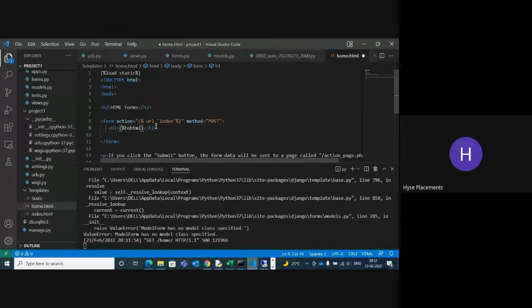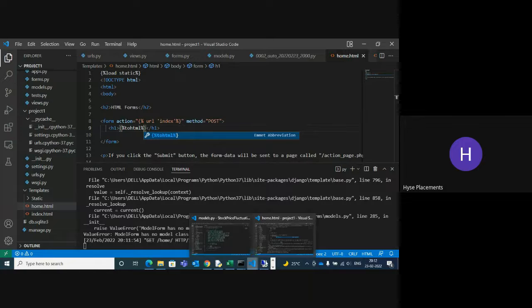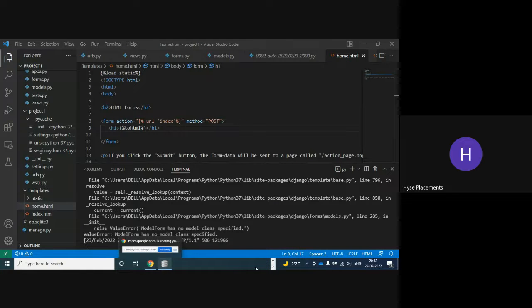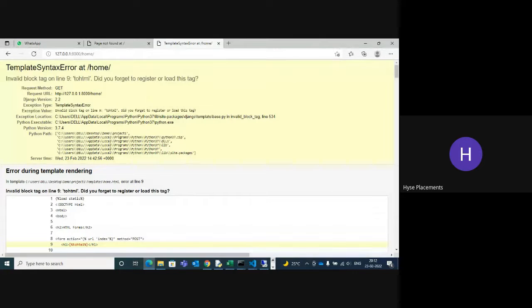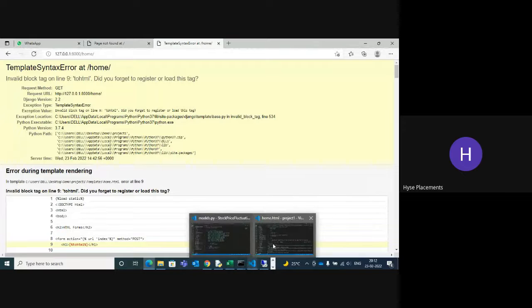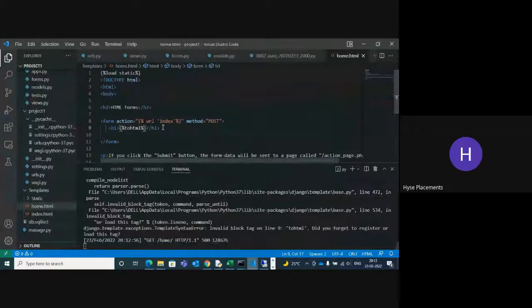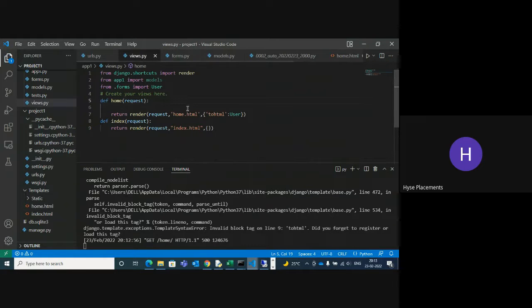Is that the error or not? I found it. Again it's showing. Use function HTML, this is user.